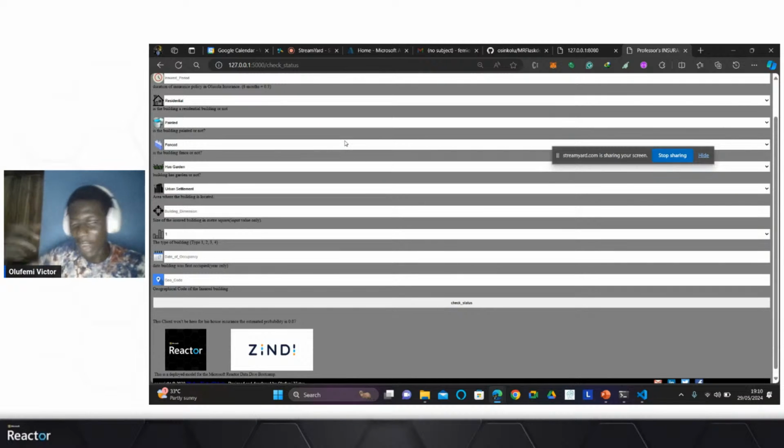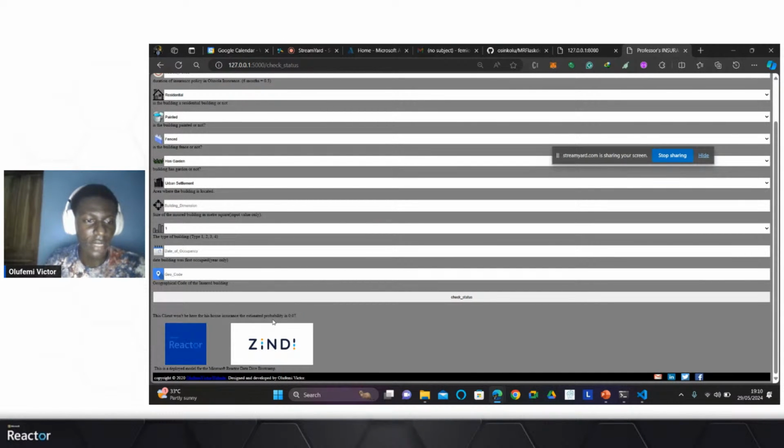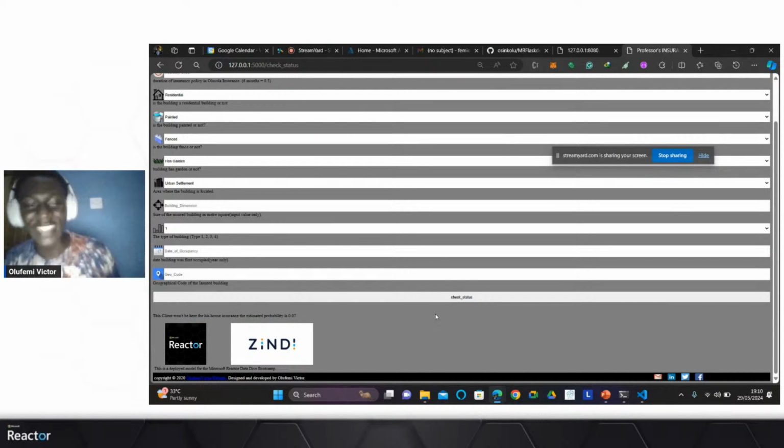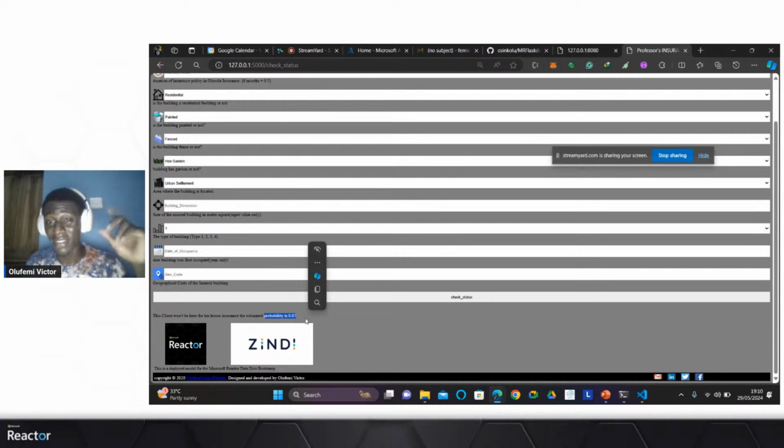And it runs in the background, right, and takes all this data. Of course, fenced is converted to ones or zeros, remember, just as we did while building the model. And then you can see if the client will be here for his insurance or not. So you can actually make this finer. I know it's not really fine. So you can make this finer and better and more cool, right? But yeah, you can see that we get the predictions from the model, and I'm returning the probability instead, which is 0.07, very low. So that's a 0, right?